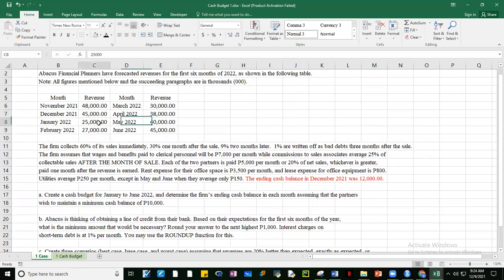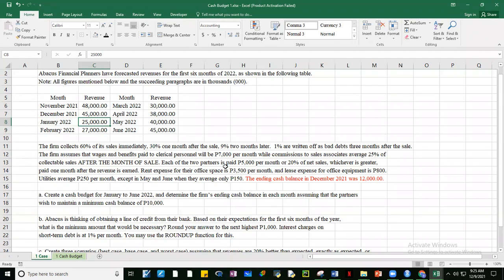So the 25 million here, guys, 60% of that will be collected in January, 30% will be collected in February, 9% will be collected in March, and then there will be an allowance for 1%. So from the experience of the company, they're not able to collect on 1% of the sales.